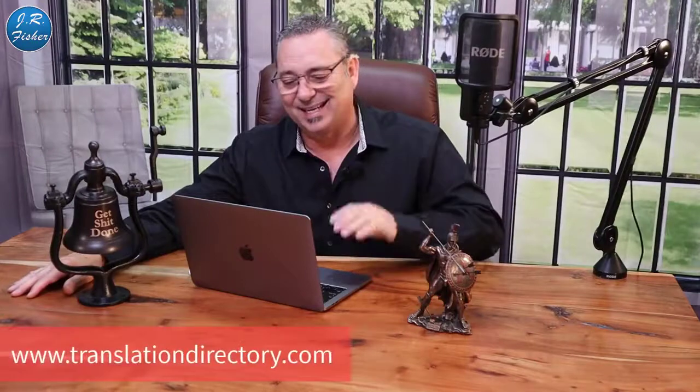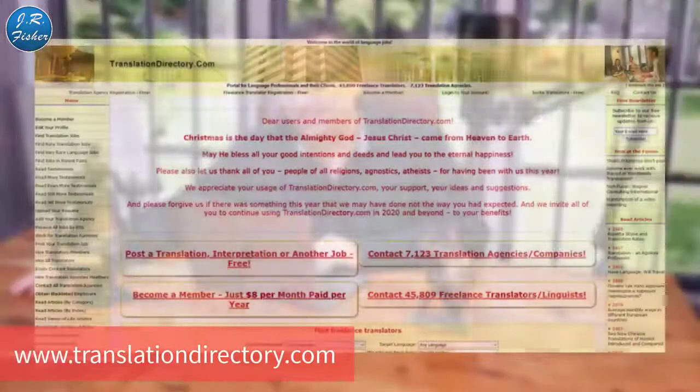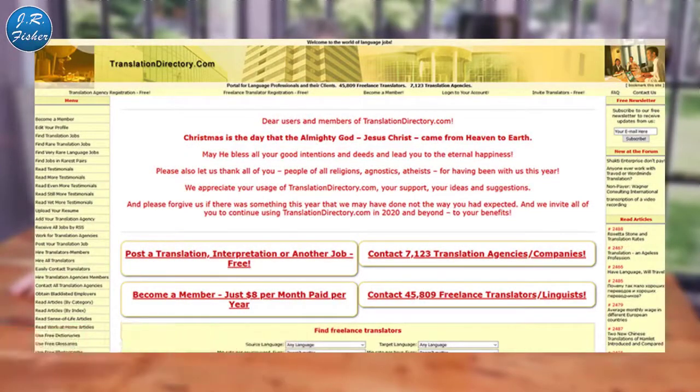And the last one I want to show you is going to be Translation Directory. Now, once again, you look at it and it looks pretty old school here. It looks pretty outdated. Amazingly, the website still manages to get 130,000 visits per month. So if you set up a profile, there's a really good chance that someone's going to contact you for something. The website doesn't work the way the other ones do, so you can't really look for jobs. You just got to be contacted, which may be a blessing in disguise actually. Payouts are not applicable, obviously, because of the way it's set up.